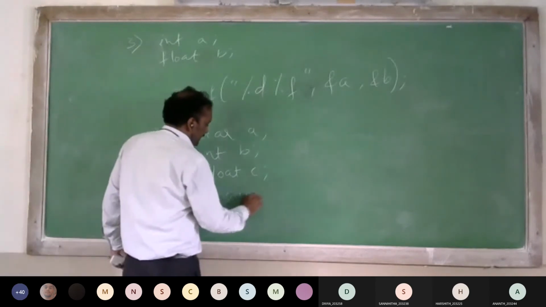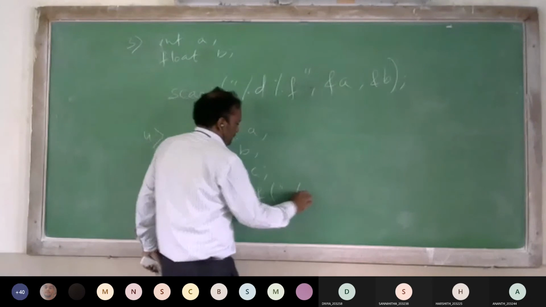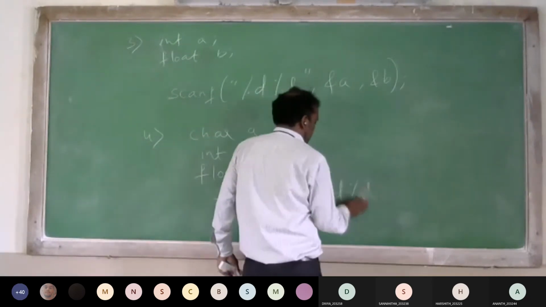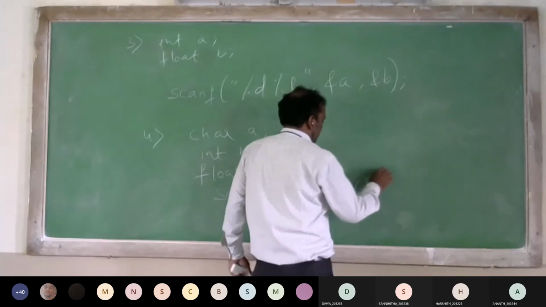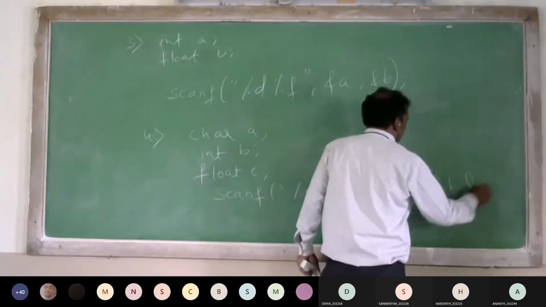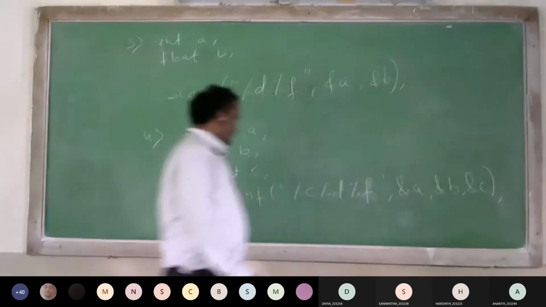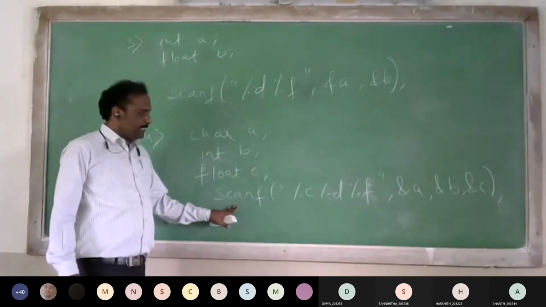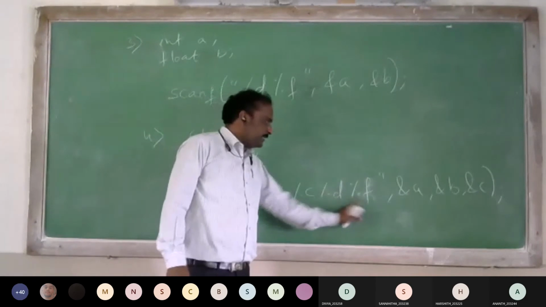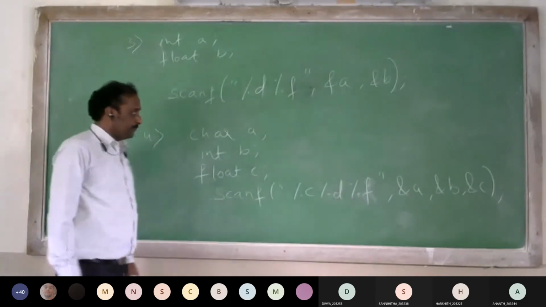Then you use scanf, %c, %d, %f, comma, address of a, comma, address of b, comma, address of c. So this is the scanf statement used to read three values. One is character value, another is integer value, another is float value.